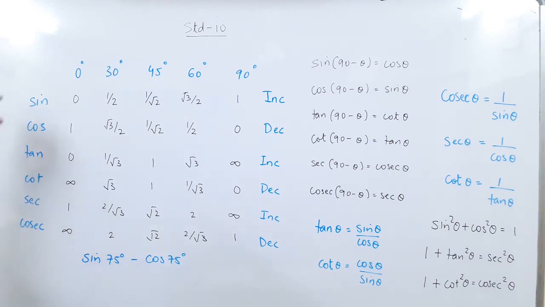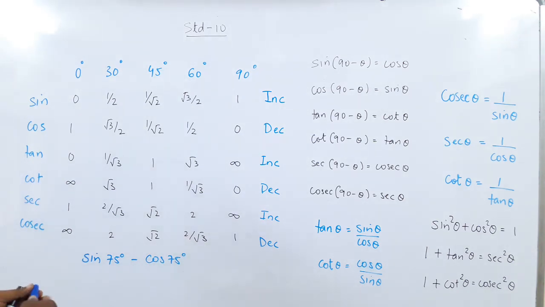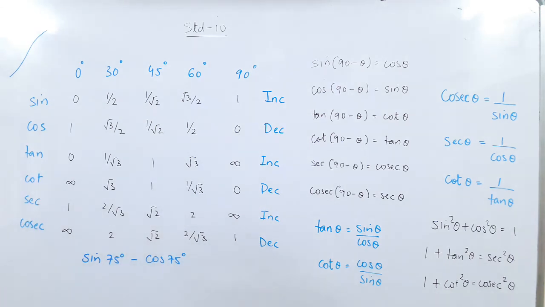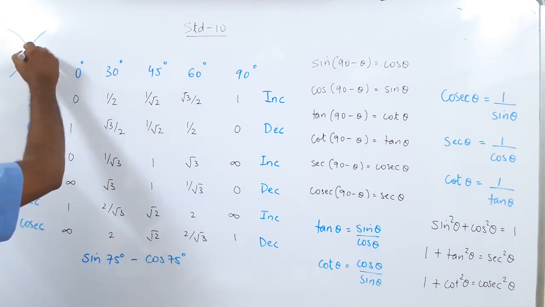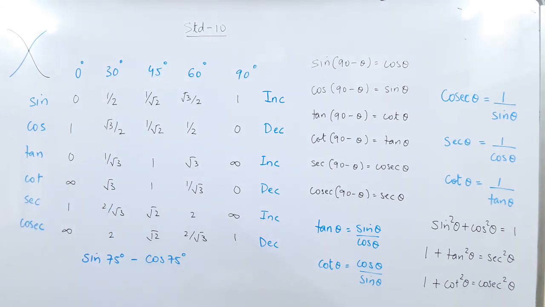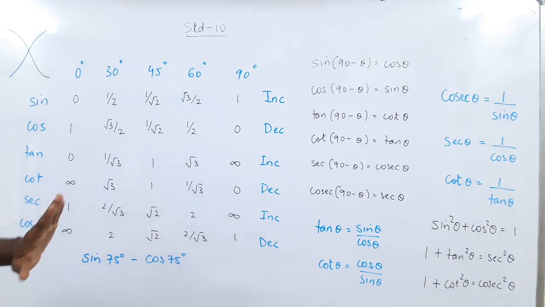Let us see. Sin is increasing. So let me draw and show you. Let me say sin is increasing. Cos is decreasing. At one point both the values are becoming equal. What is that point? 45 degree. So are you following what I am trying to say? Now this is a logical sort of thing. The maths is over. The maths table is there. This is done. This is not maths. This is pure logic now. Try to understand the logic.